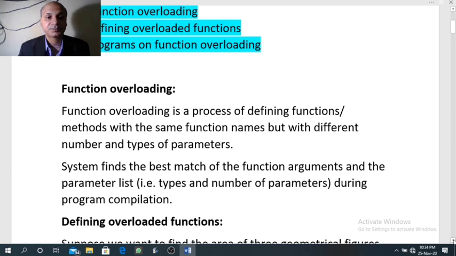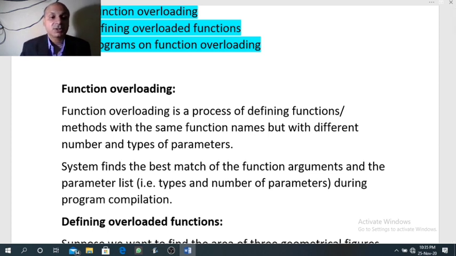Listen once more. In case of function overloading, we design many functions in the same class with the same name, but the number of arguments will be different in these functions, or if the number of arguments are same, then their data type should be different.